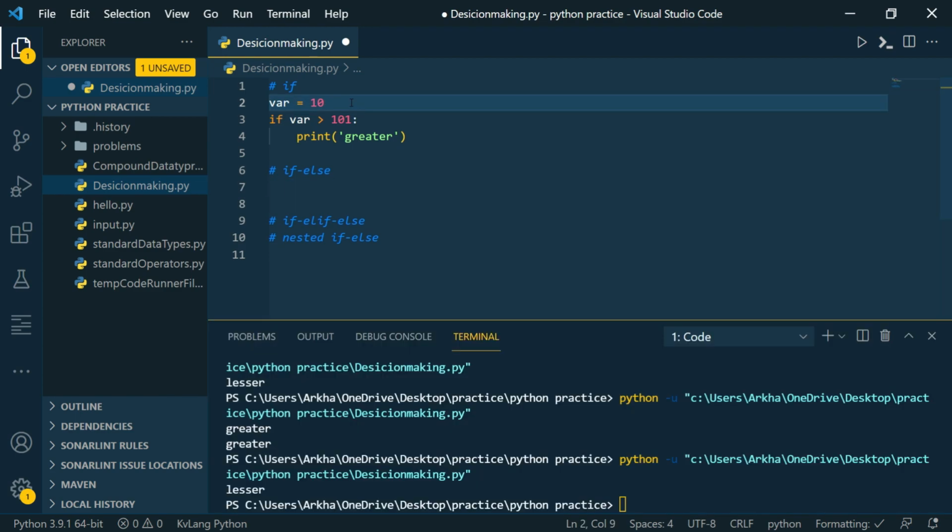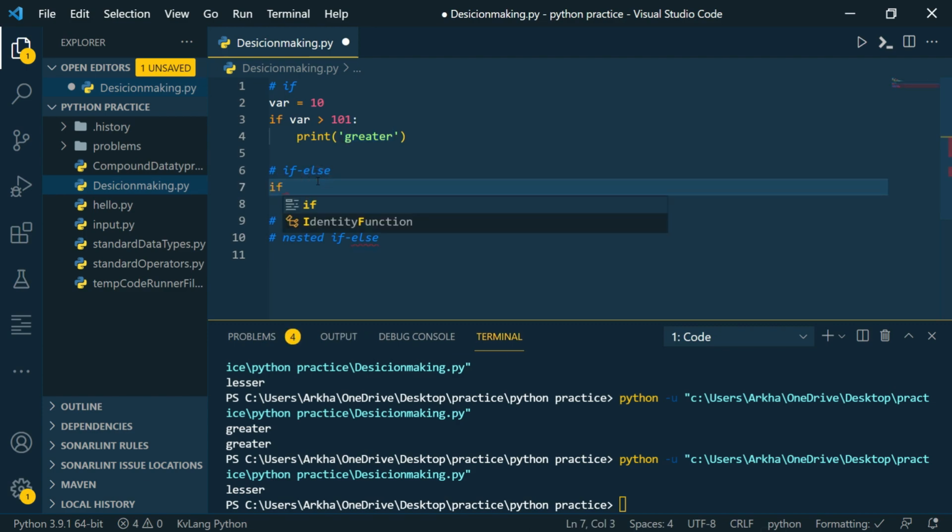So we will say var equals 10, and in the previous example we were checking if var is greater than this number. If it is greater, then it will print greater, otherwise it was terminating the program. Now we will also add an else block to it.